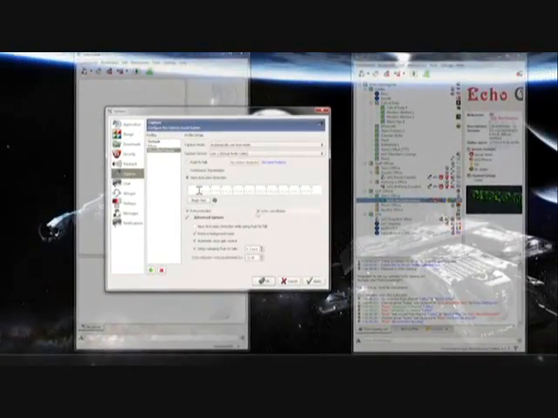I like to turn these on. I'm not sure if they actually do that much, but I always keep them on. I hit apply in the bottom corner here. So my music bot tutorial is all set up. Now I want to go to,